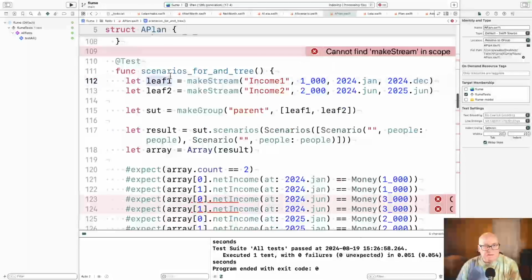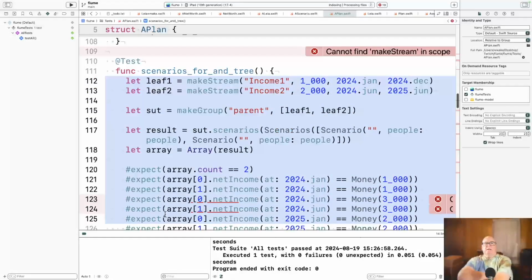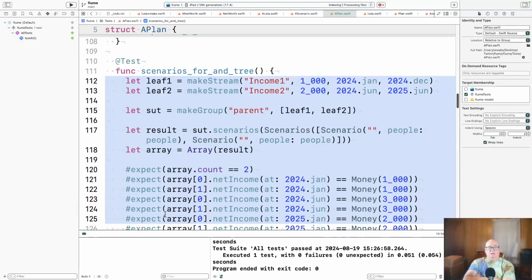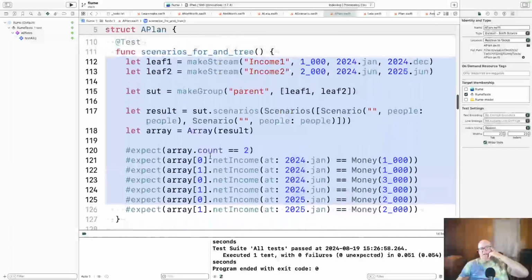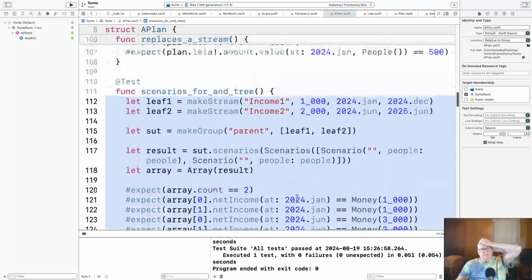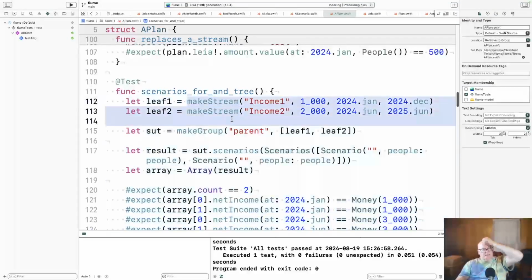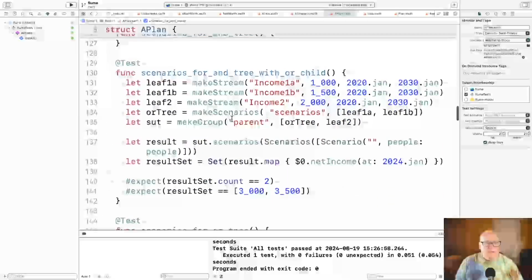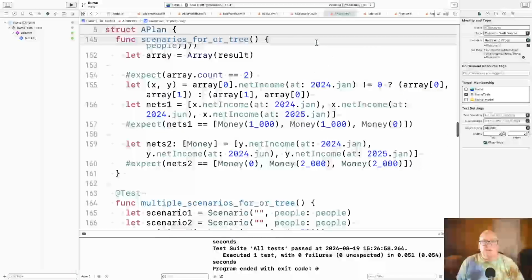Scenarios for entry, that sounds like something that's plan based, right? I hope we can calculate net worth and then work off that. That's a little different than net income, but everything's an income, so net income is net worth. Okay, so we'll come back to these plan ones, but I think these scenario